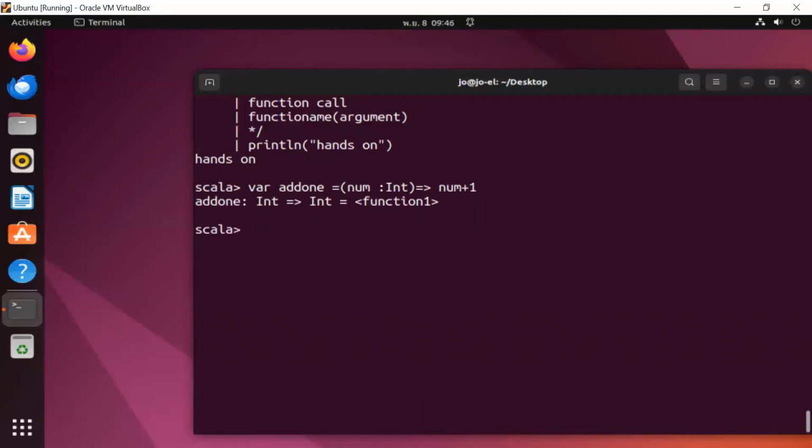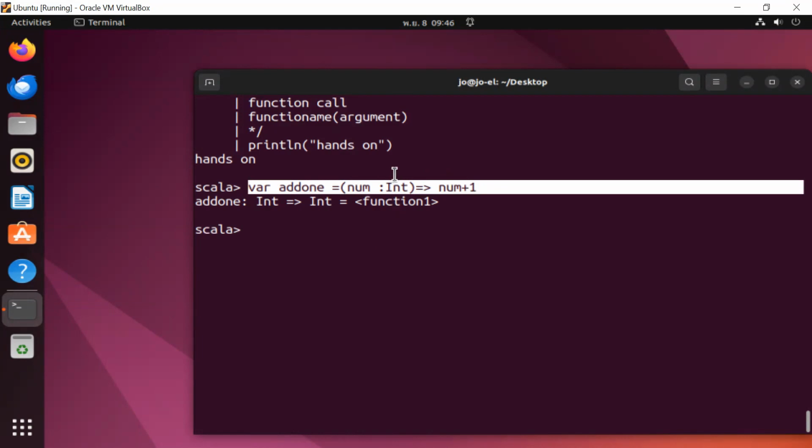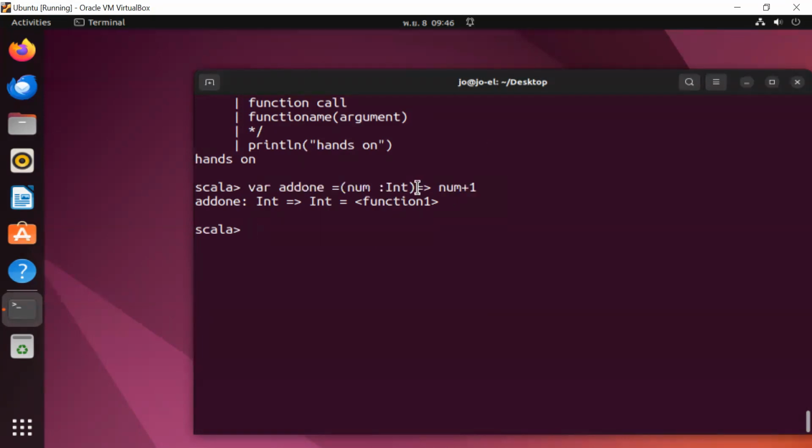This is function 1, and the name of the function is add1. So we're going to add 1, for example 4 + 1. This part is the function definition. We define it. The arrow gives you the body of your function definition.